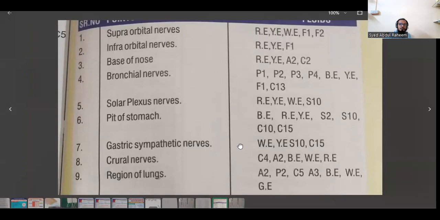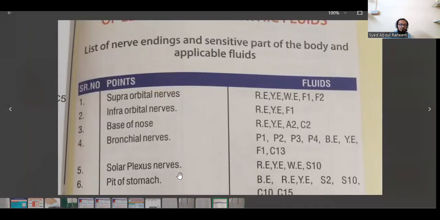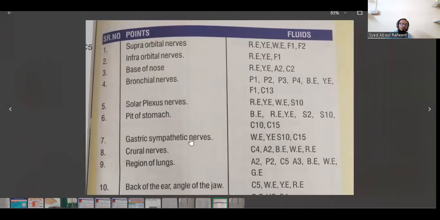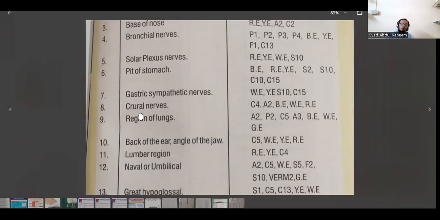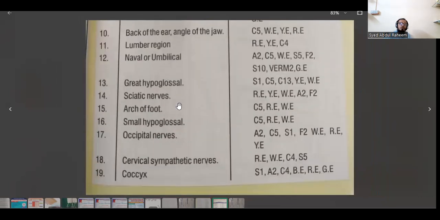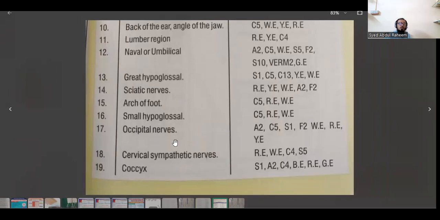The first point is supraorbital nerves. Then we have infraorbital nerves, base of nerves, bronchial nerves, solar plexus, pit of stomach, gastric sympathetic nerves, crural nerves, region of lungs, back of ear, angle of jaw, lumbar region, navel or umbilical region, great hypoglossal region, sciatica nerves, arc of foot, small hypoglossal, optical nerves, cervical sympathetic nerves, coccyx,